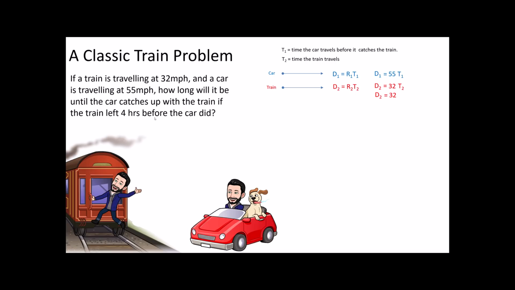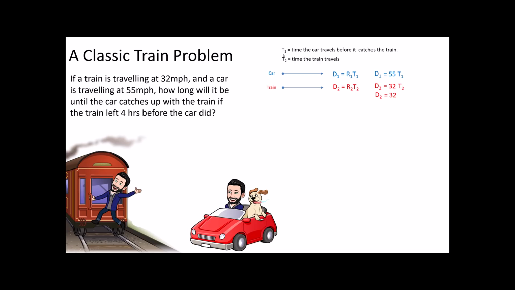4 hours earlier than the car did, or 4 hours before the car did. So if the car has traveled 1 hour, the train has traveled 4 more than that. It's been on the road for 5. It was on the road 4 before the car started, plus 1 extra. If the car has gone 3 hours, well, we know the train went 4 hours before that, plus 3 more